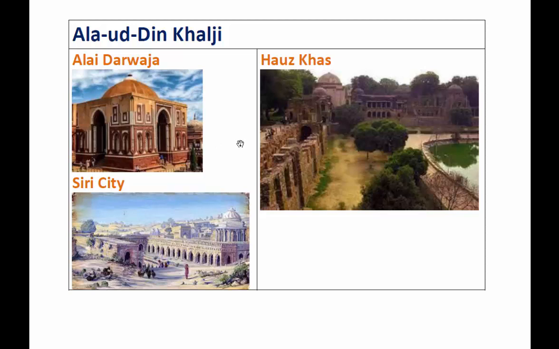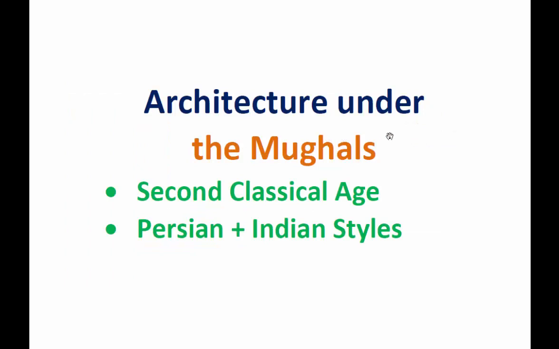Then we'll straight away go to architecture under the Mughals. The time of the Mughals is also known as the second classical age in the history of India. So the Mughals most probably were Mongols, and basically most of them came from Persia. Understand? So it was mixed with Persian styles as well as Indian styles, and that became the Mughal architecture. Understand? So you might have heard of Sher Shah